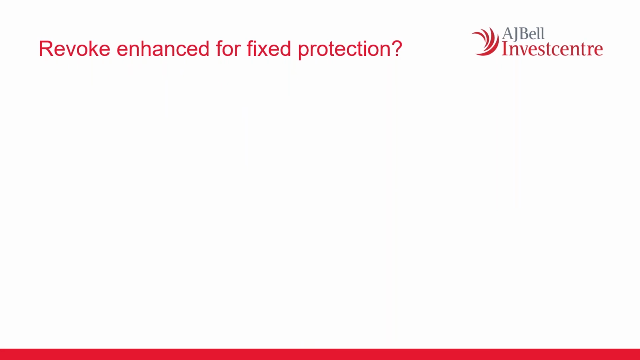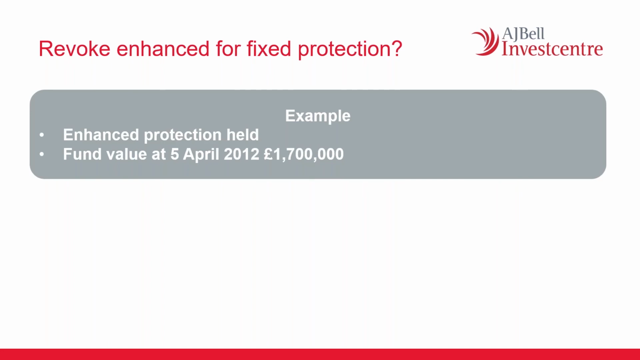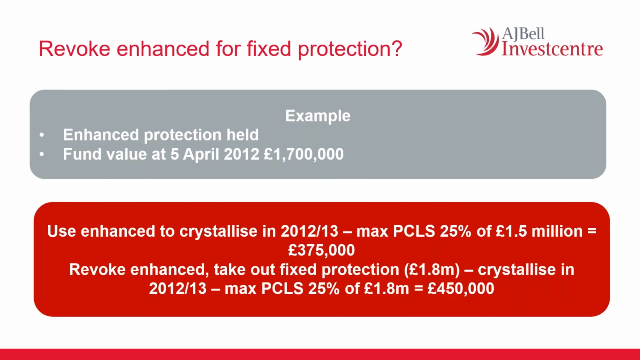A few more little quirks with the interactions of protection. There are circumstances where you might even have wanted to revoke enhanced protection, because of the way the rules changed. As an example, if somebody had enhanced protection and a fund value back in April 2012 of 1.7 million, and they used their enhanced protection to crystallise in 2012-13, their maximum PCLS would have been 25% of 1.5 million, £375,000, sorry. But if they'd actually revoked enhanced protection and taken out fixed protection, because they could get fixed protection